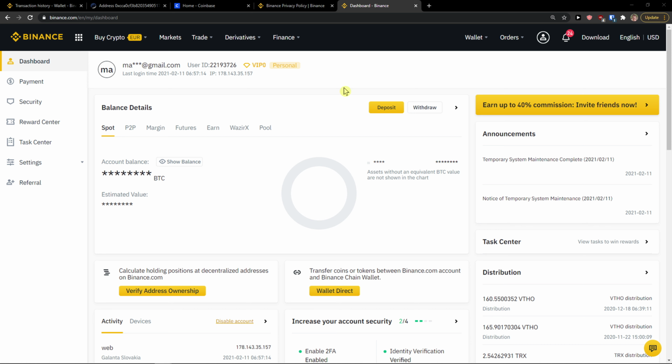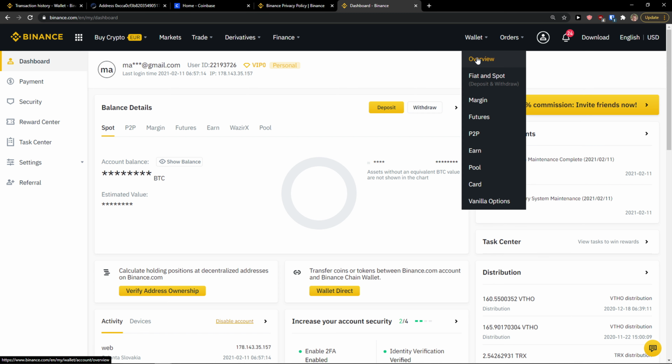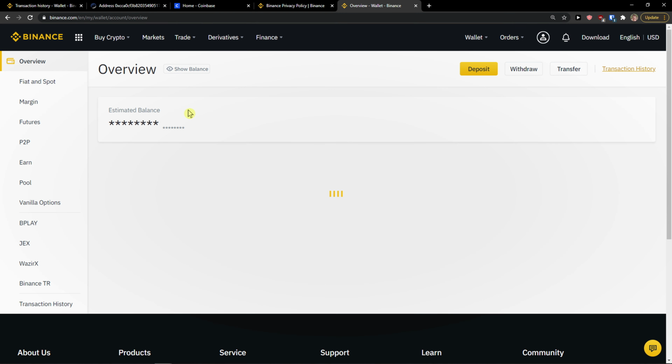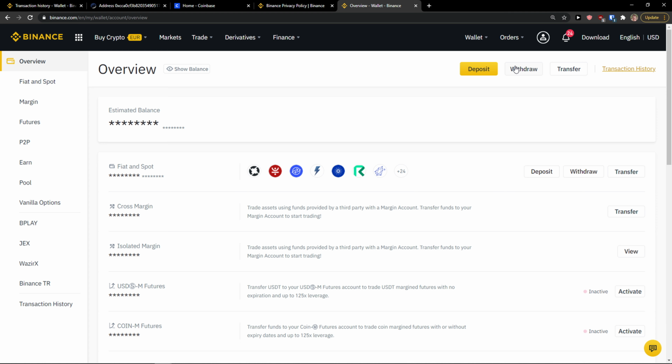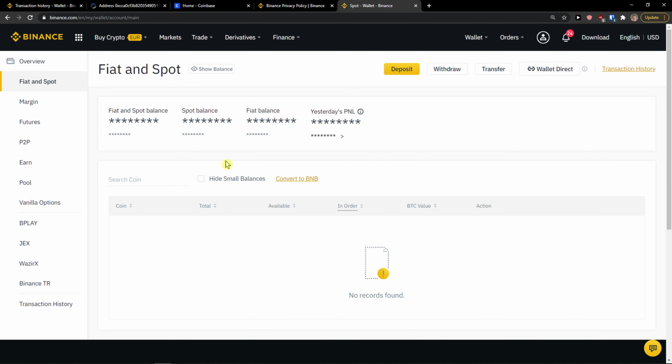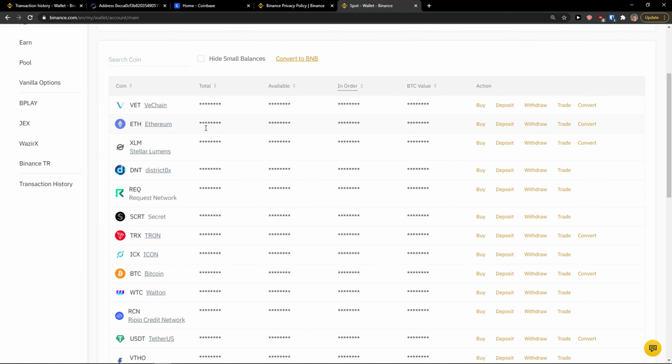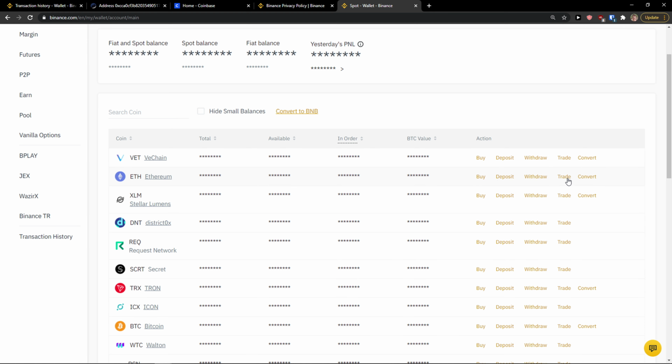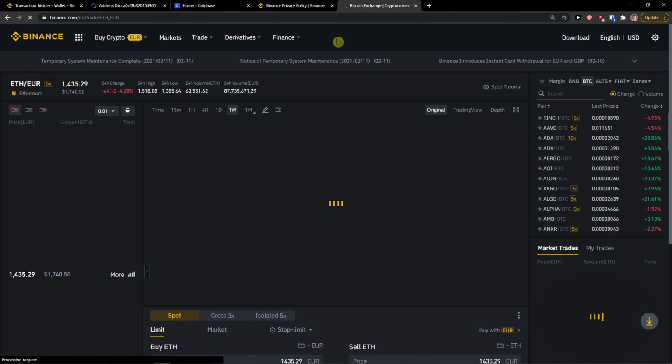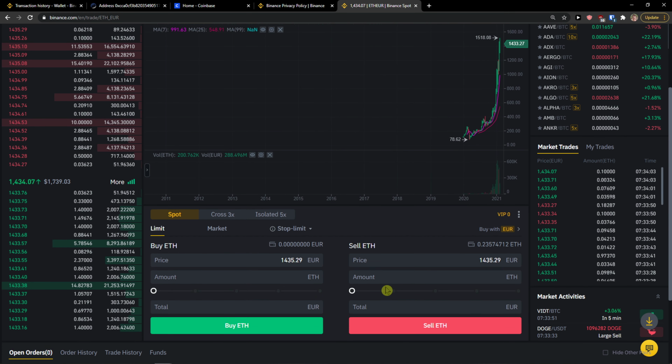So let's start. The first thing you want to do is, when you're on Wallet, click Overview, and then you're going to see Withdraw on the top right. But you want to make sure that you actually have euro. So you want to trade and convert it to euro so you can withdraw it. But when you already sold it